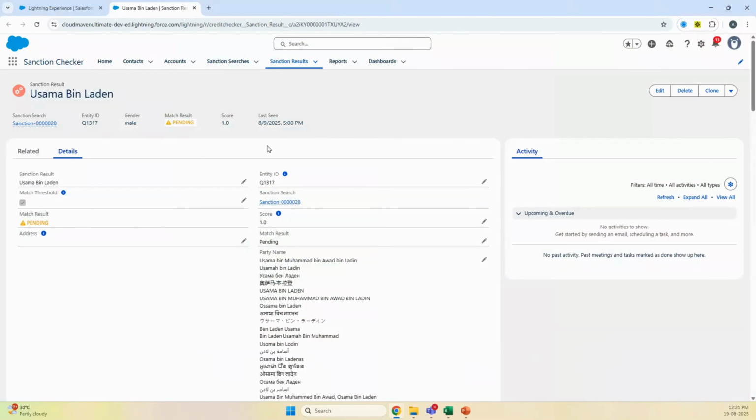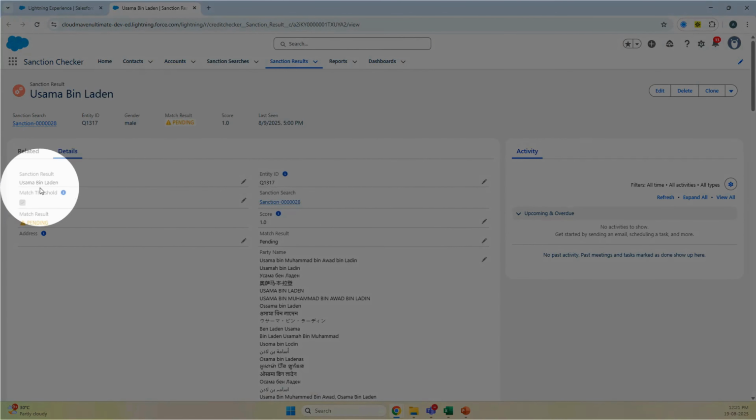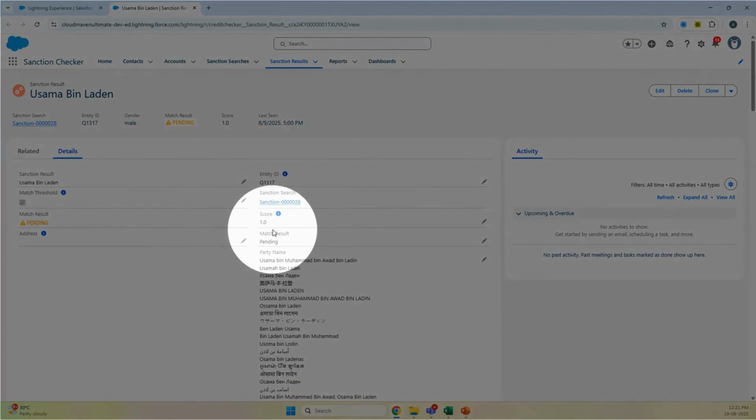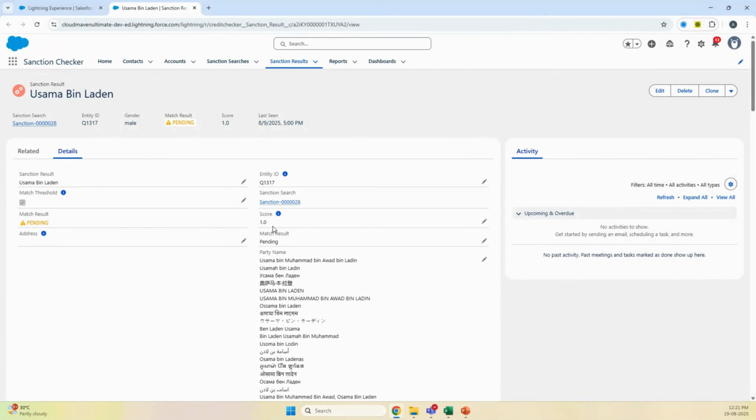So if I go to one of them, now we're on the sanction result object, and this is where you can see the sanction result name. So this is the name that exists on the sanction database. And what we do is we match this name with the name we provide and provide you with a matching score. So this matching score ranges between 0 to 1. 1 means the exact match, but we also perform a fuzzy name match in case you don't have the exact name,